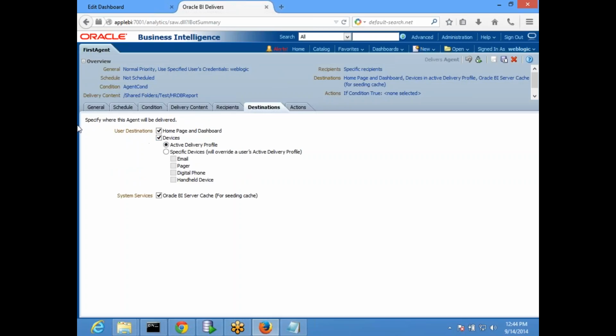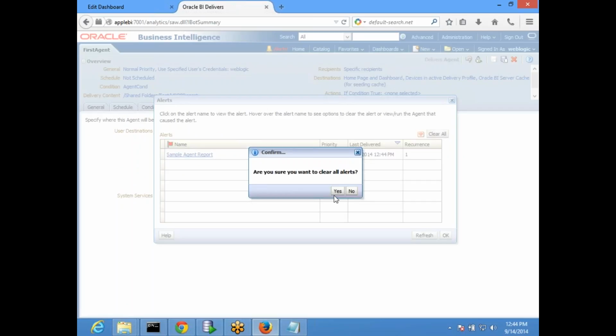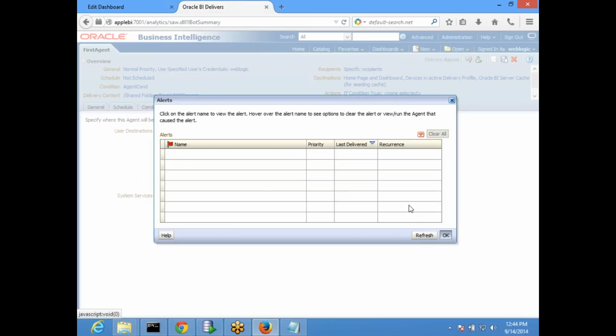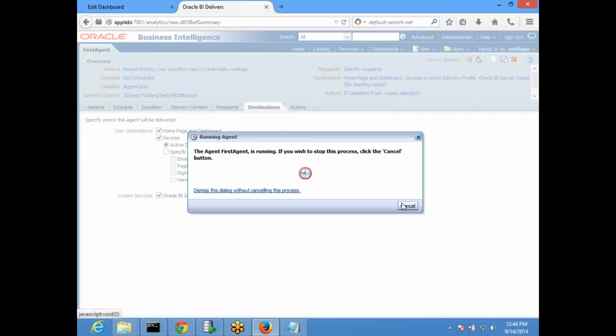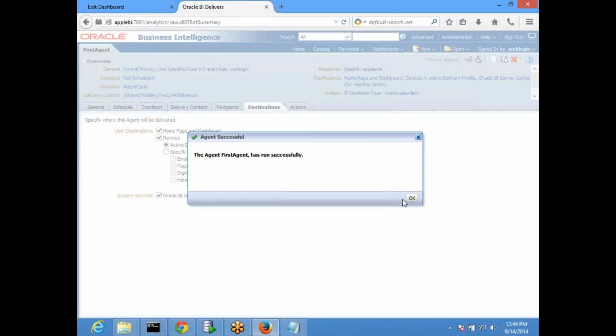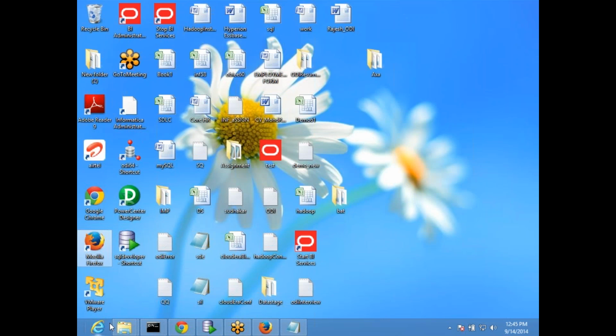Okay, so now if I see, this is the report. It's gone now. If I run it again, you can see, I am proving that it is running from here, but if you have chosen to go somewhere, it will automatically come. Also if I go here,